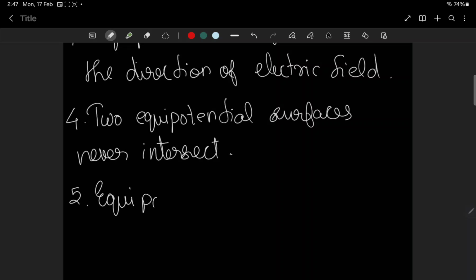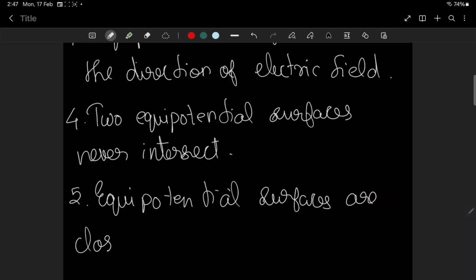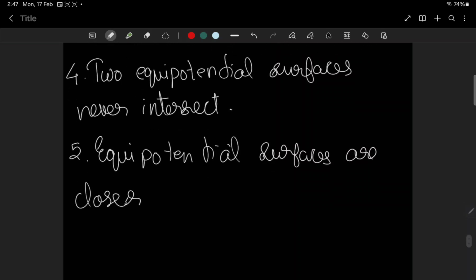And next, the last point is that equipotential surfaces are closer together in the region of strong field. Near the charge, equipotential surfaces are closer because more electric field is there. If you are going away from the charge, electric field strength decreases. Equipotential surfaces will be far apart from each other. That's a fact. Equipotential surfaces are closer in the region of strong field